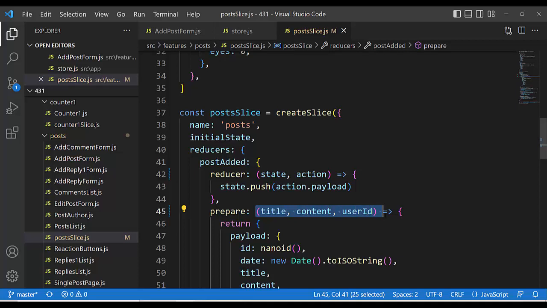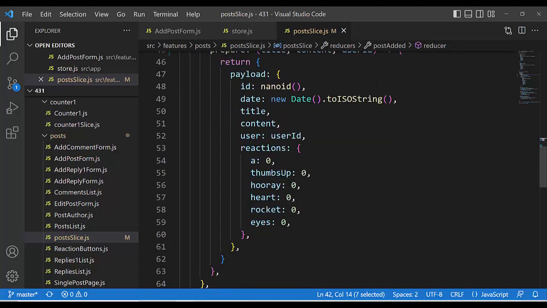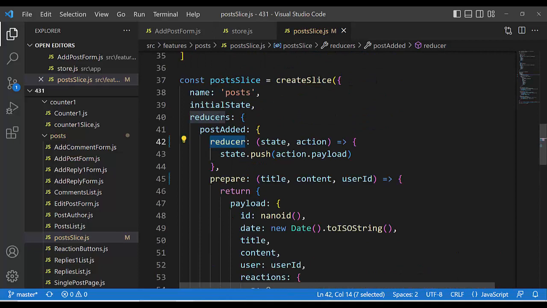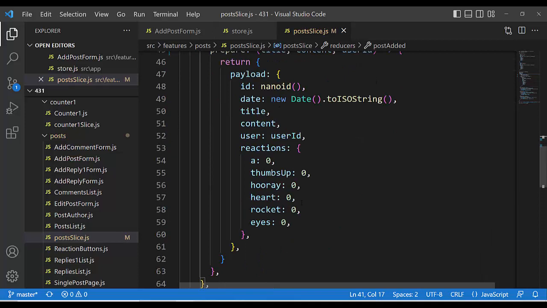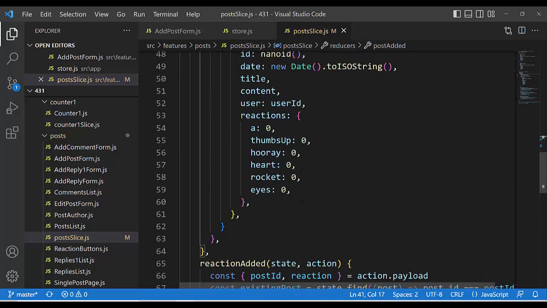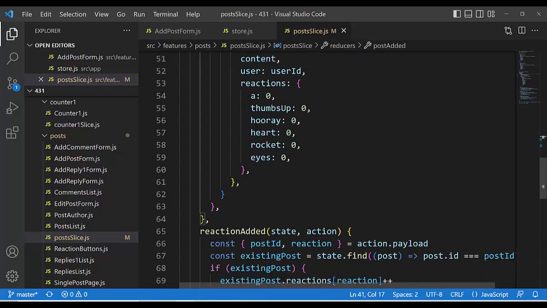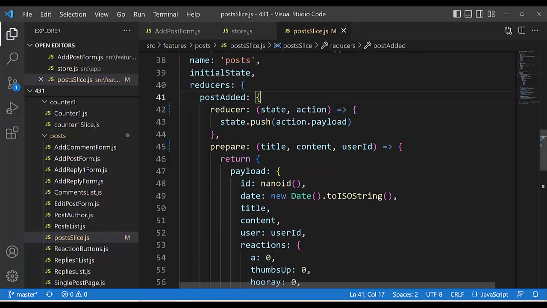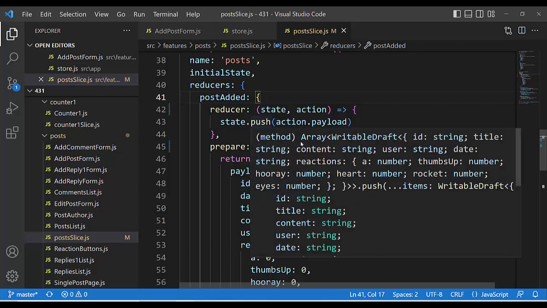Value is function, and because of that, prepare is method. Reducer is method. And this post edit, click here, square box, and look at here, square box. It means that post added is properties with two methods,